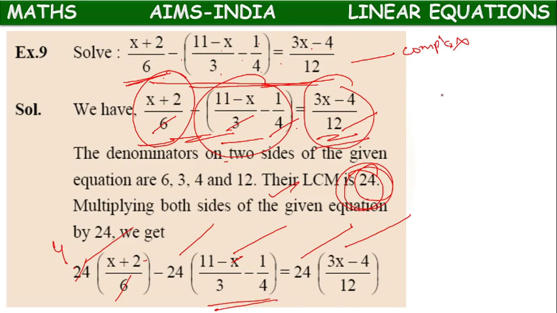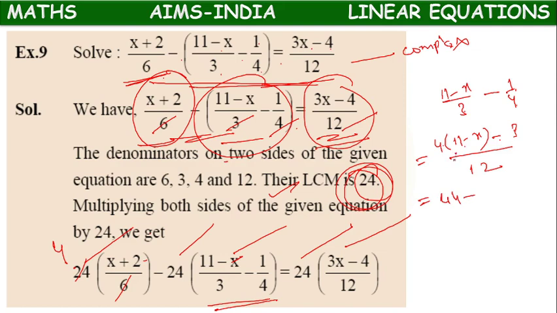We have to simplify it first. (11 minus x) by 3 minus 1 by 4, 3 4 LCM 12, 3 4 times 12, 11 minus x, 4 3 times 12, 3 into 1, 3, 4 into 11, 44 minus,